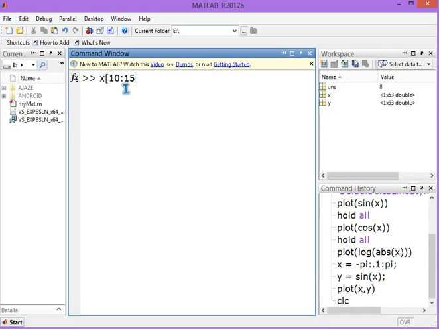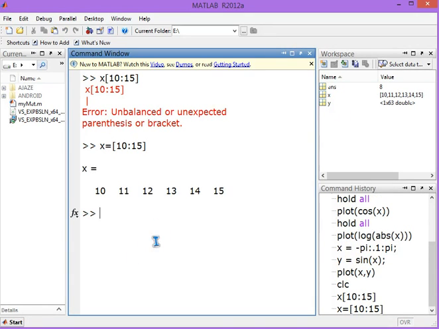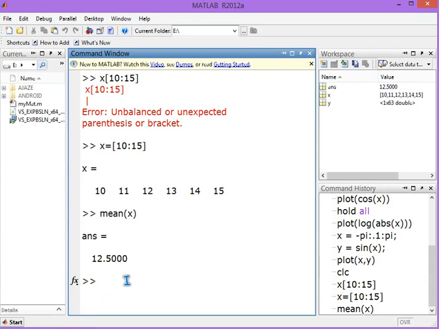But I don't know how to find out the STD, that is the standard deviation. What to do then? Just click here, type STD and hit enter. Click here and you see you just have to write STD in round brackets with this list. So I'll follow what is being told to me by the help, and I'll just type x and see, we have the standard deviation. So this is all for today.